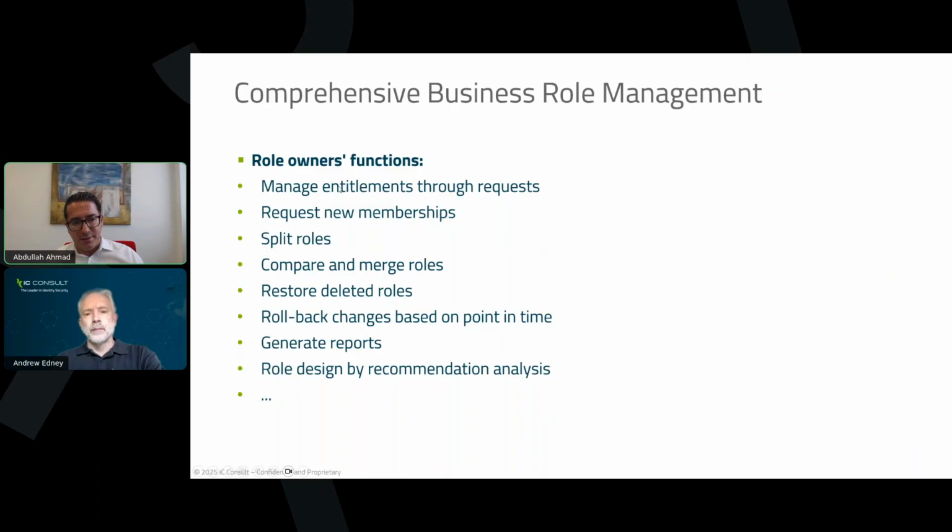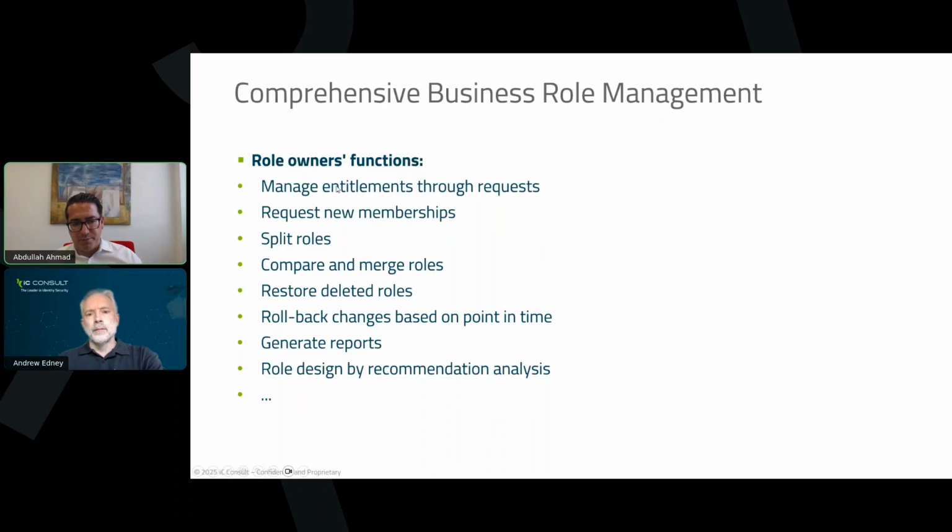That means that in the backend system, the system owners can accept that request or even reject that. That means you will make sure that your business role owners are not allowed to assign any entitlement to their business roles without approval of the system owners.